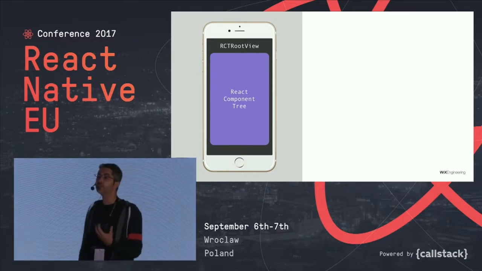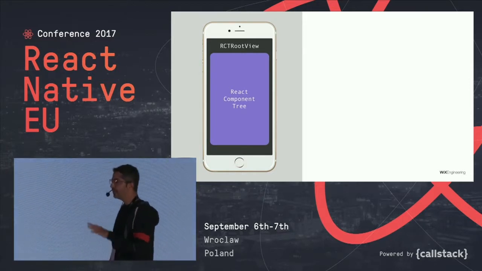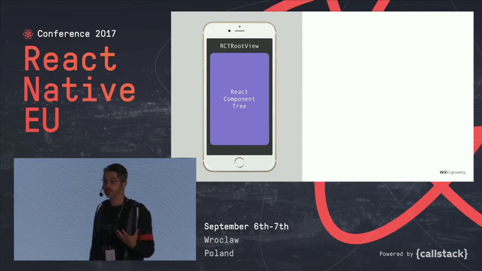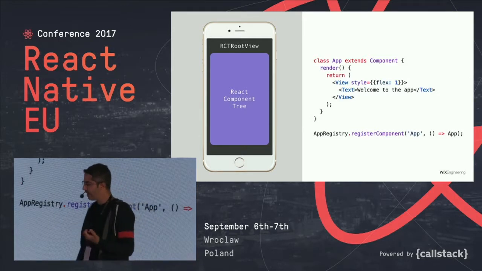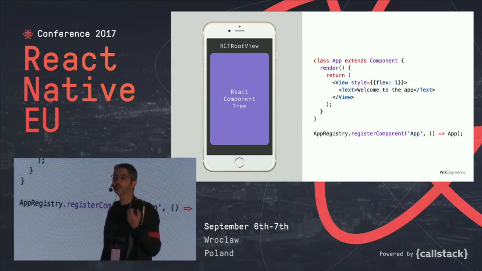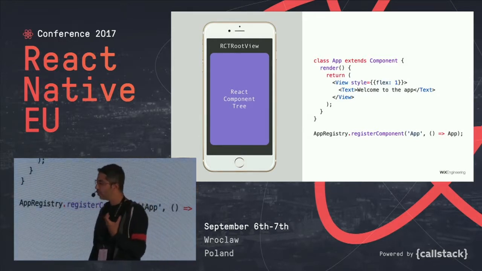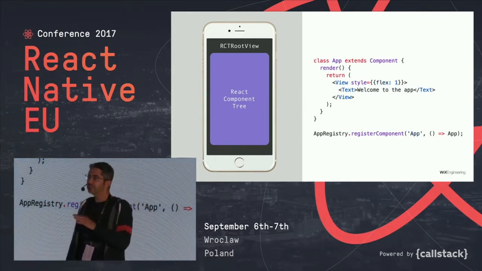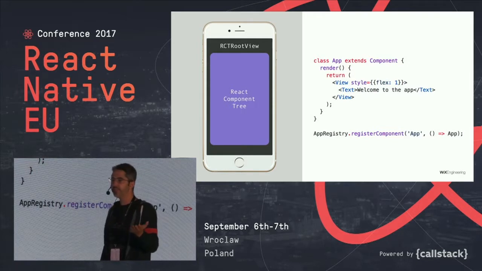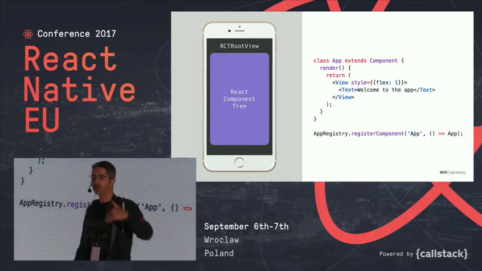What API would we give this? So let's go over the basic API of React Native itself, of how React Native connects to native. In React Native, your entire React component tree lives inside a native view called RCT root view in iOS, in this specific example. So if you write a greenfield app, then your entire app is pretty much this view.